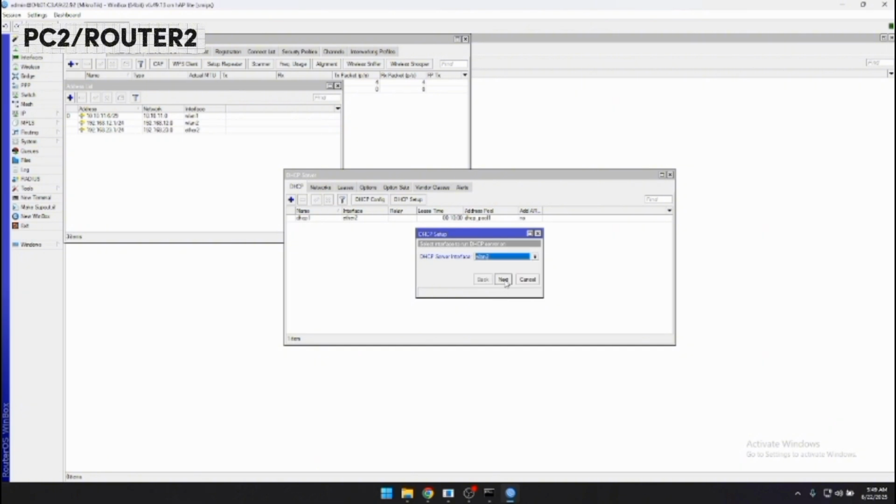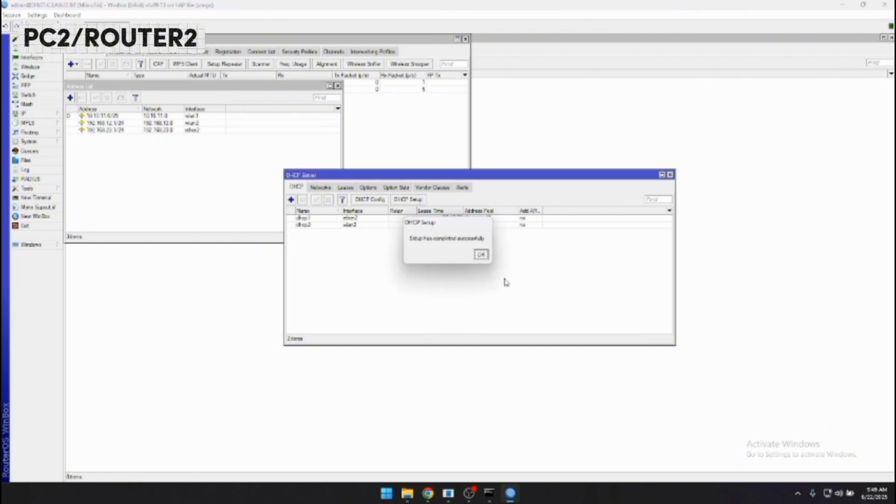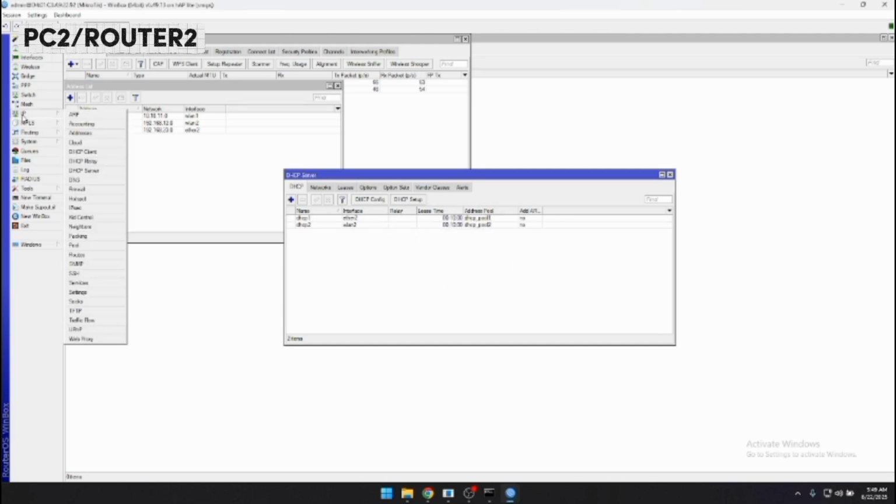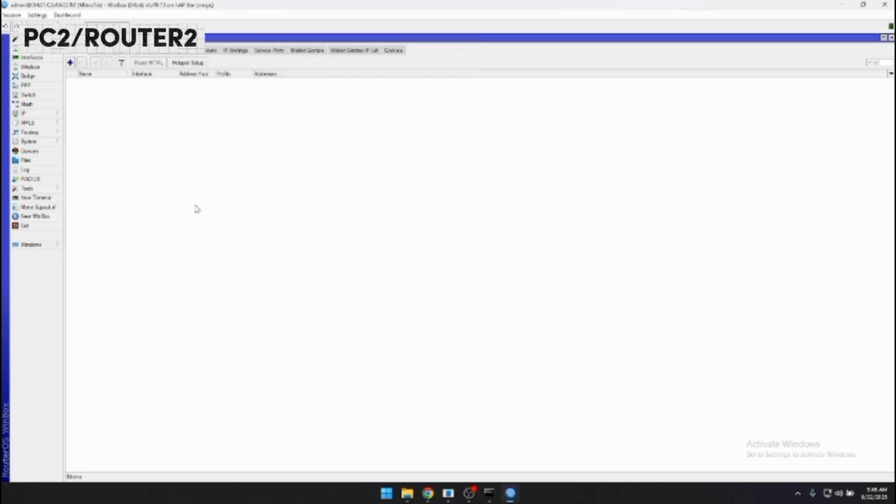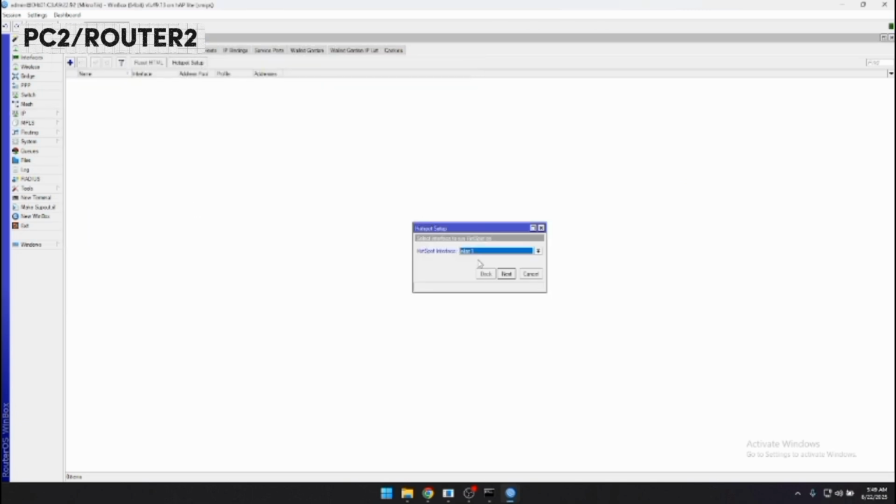After this, you go to DHCP server and set up for VLAN 2. Next. After this, you go to hotspot and hotspot setup for VLAN 2. Next.